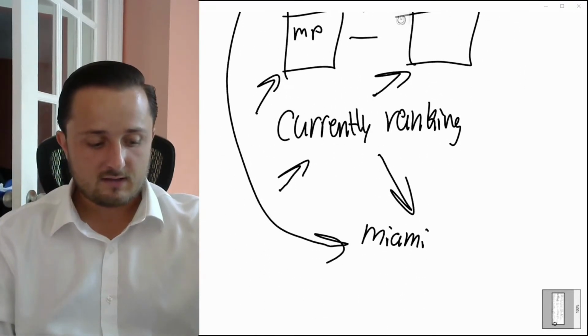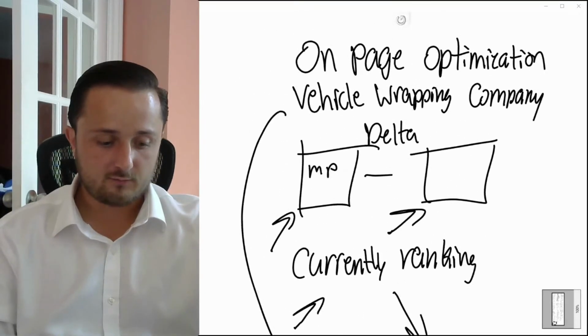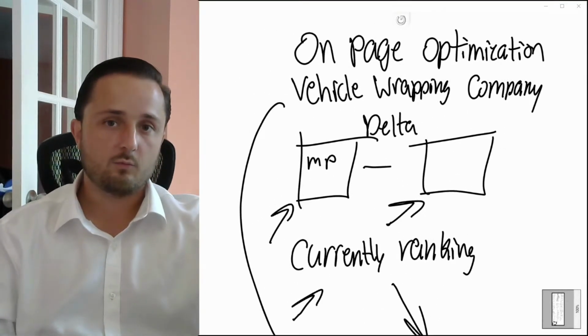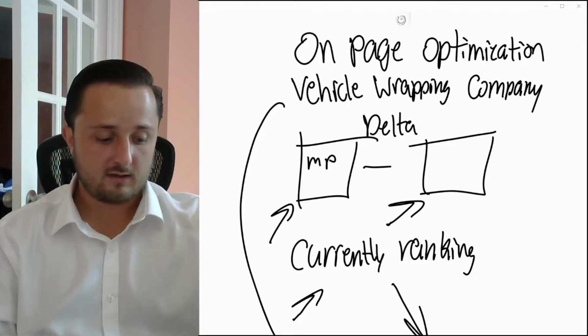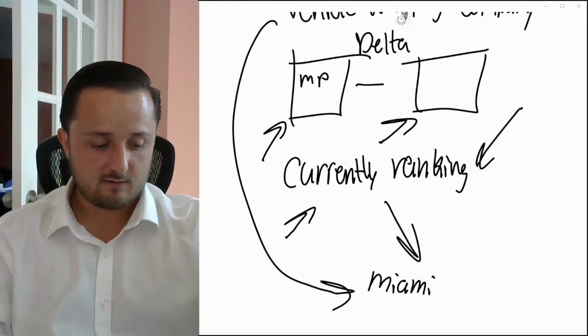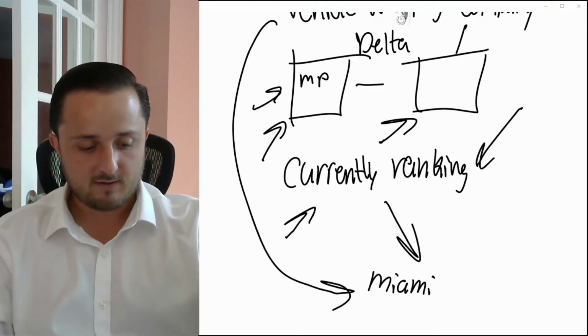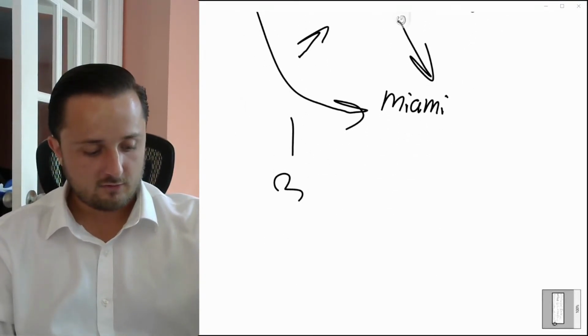Then I can start applying all of these things that I go and find out about. So if I was starting with a client, I would first ask them what services or products we want to rank for. Okay, you want to do a lot of boat wrapping. So then I would go and search what is currently ranking. I would then compare it to your page, and then compare it to the competitor's page. So I'd go and find the top 3